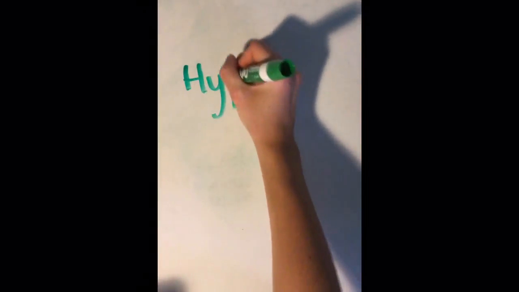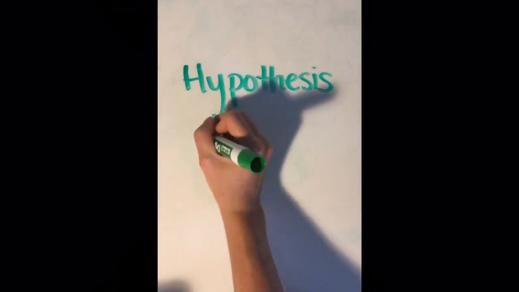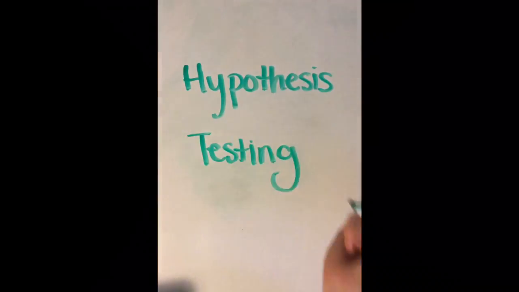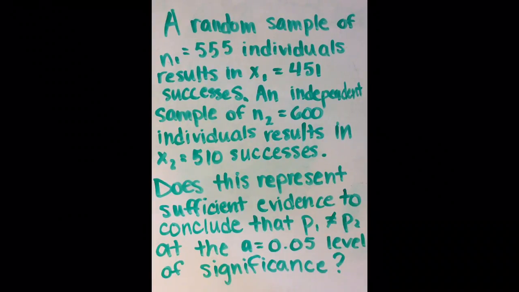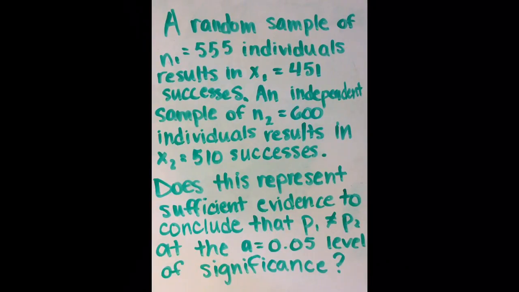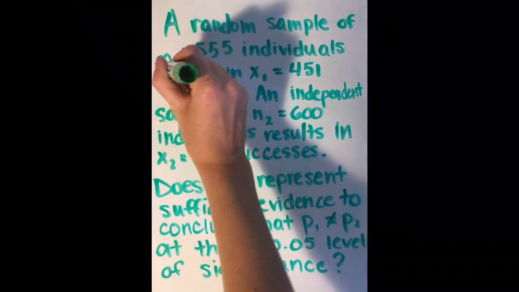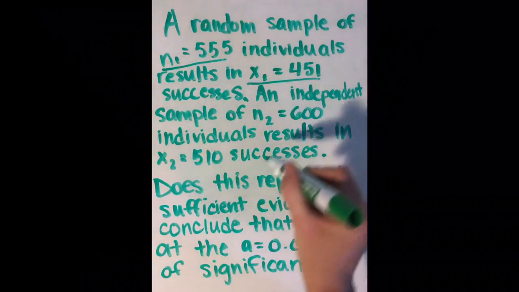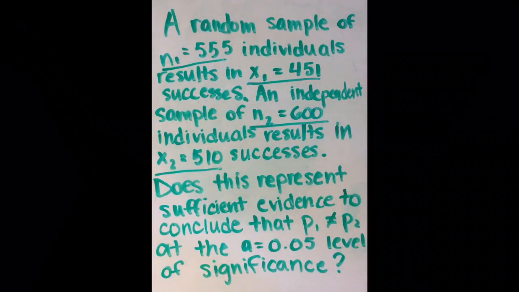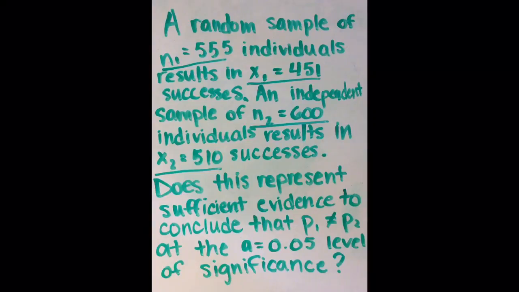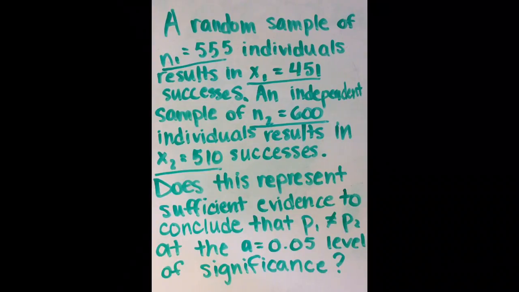In this video, I will be showing you how to do a two-proportion hypothesis test by hand and using the TI-83. A random sample of n1 equals 555 individuals results in x1 equals 451 successes. An independent sample of n2 equals 600 individuals results in x2 equals 510 successes. Does this represent sufficient evidence to conclude that p1 does not equal p2 at the α equals 0.05 level of